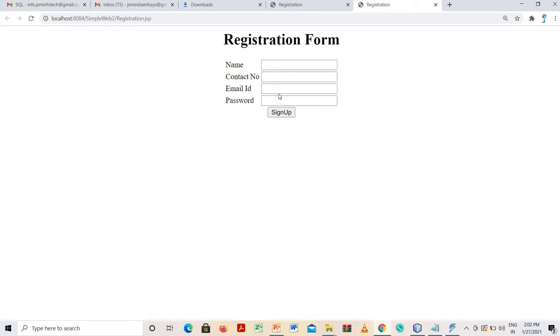Now please concentrate here in the registration form. Here in this registration form, I am going to click on the sign up button. You can see that I am clicking on the sign up button, but there is no action yet, right? I am going to write here J and click on the sign up button, but there is no action right now because no action has been given to the sign up button.